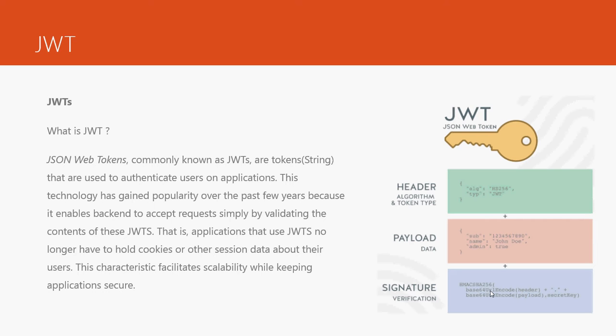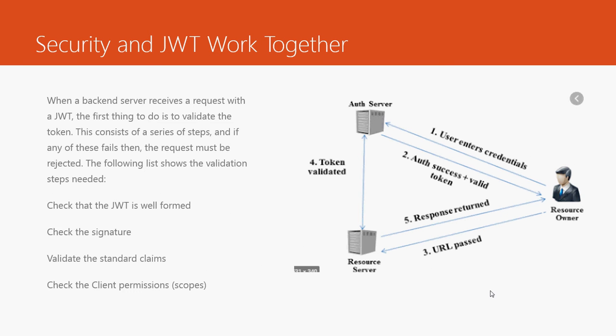So what exactly is a JSON web token? It's a kind of string, a data structure where we have a header, the payload data, and the signature. So how does JWT help Spring Security do the authentication process? The user is looking for a particular resource that is not available to everyone. Only a valid user can get the resource. So the user tries to get the resource, but the server says no. This is available for valid users only.